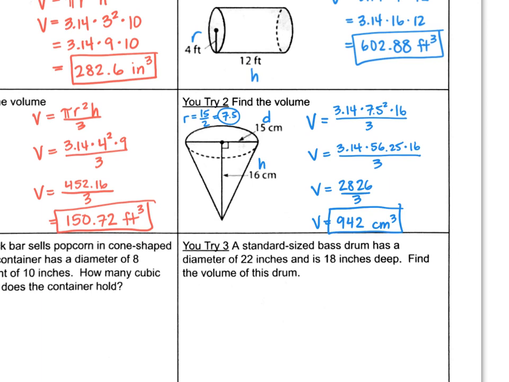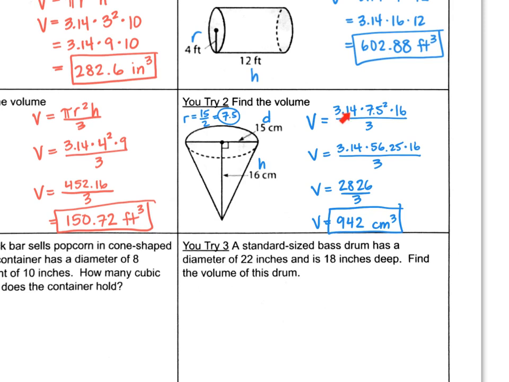Just like example number 2, I had to find the radius because they gave us diameter this time. Remember, diameter goes all the way through from one side of the circle to the other, going through the middle. So I divided by 2. Radius is a decimal this time. Shouldn't be that much of an issue. Just make sure your work is nice and organized so you don't accidentally type in the wrong number in your